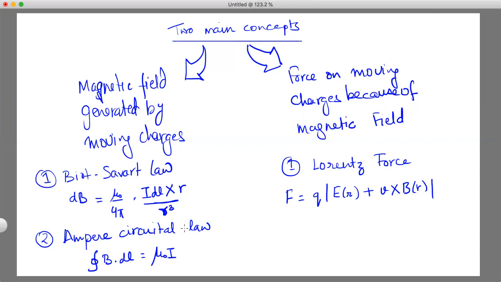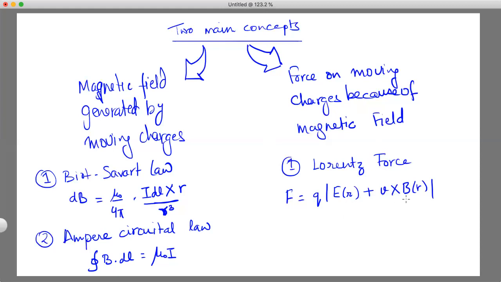Okay, and the Ampere circuital law is very similar to the Gauss's law. Okay, and it is stated, but the way it is calculated is slightly different, because in this we take a boundary and the surface we choose is arbitrary. Okay, so this is a surface integral again of B dot dl along a boundary, and this is equal to the net current into the permeability. Okay, and the force is given by the Lorentz force, which is the sum of both the forces, the electrical as well as the magnetic force.